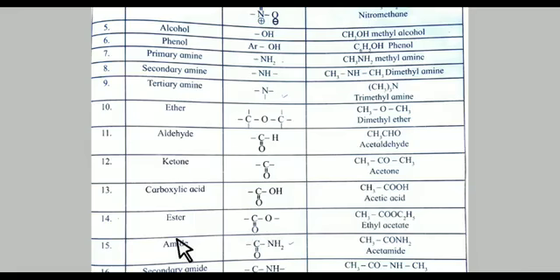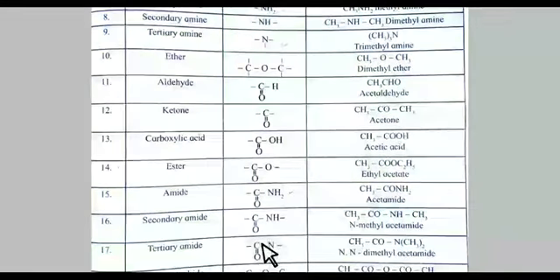Another is ester. The functional group is C=O, and you can write it COO. So the compound is CH3COOC2H5. Next one is amide. The functional group of amide is C=ONH2, or you can write it CONH2. Means whenever an alkyl group is attached with CONH2, it is amide. It is primary amide. In secondary amide, there are 2 alkyl groups attached with C=ONH. In tertiary amide, 3 alkyl groups are attached with